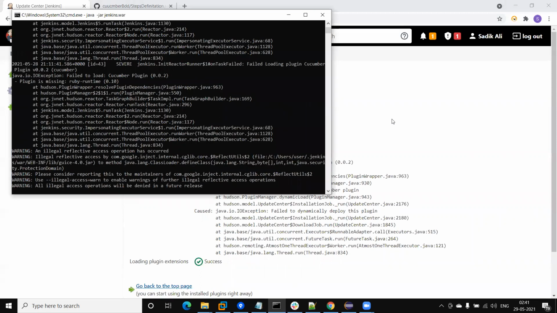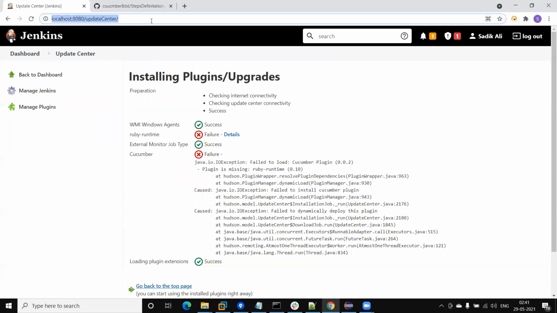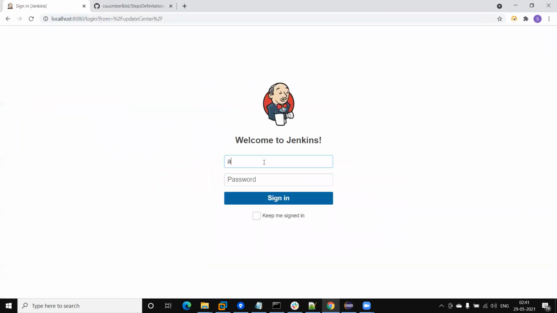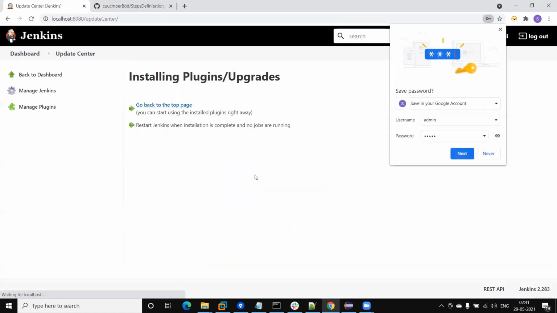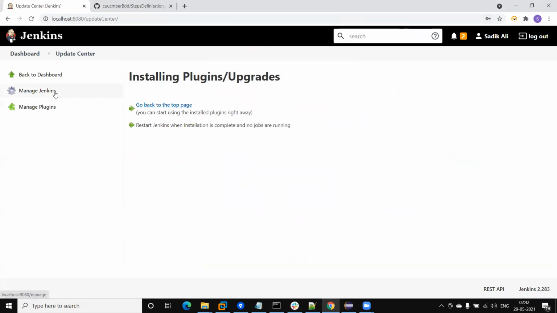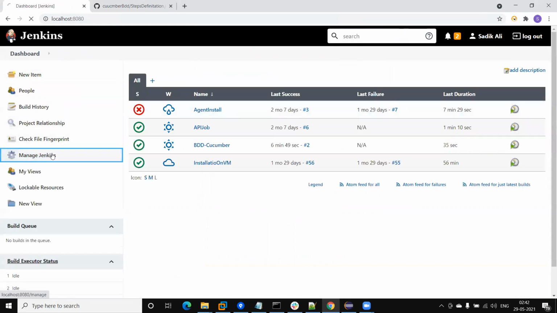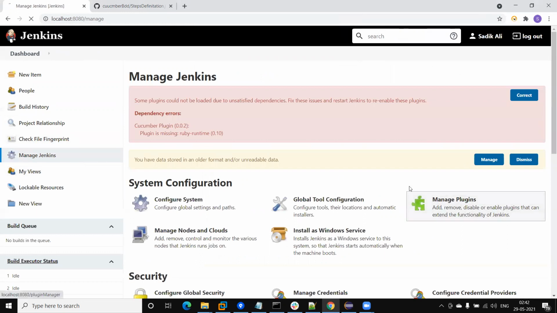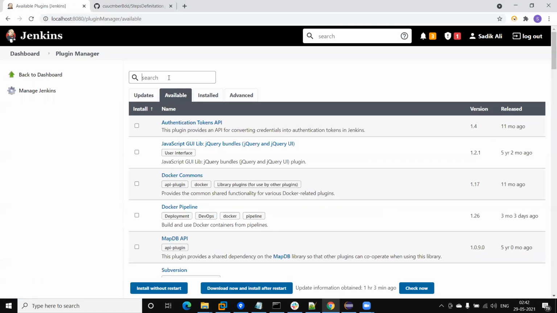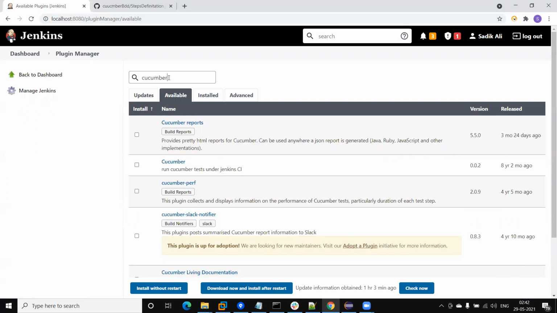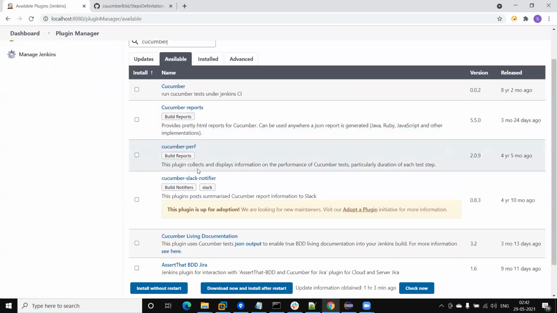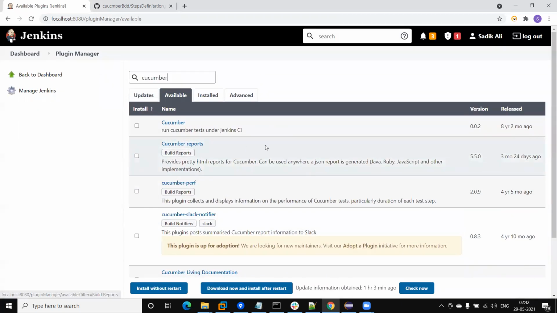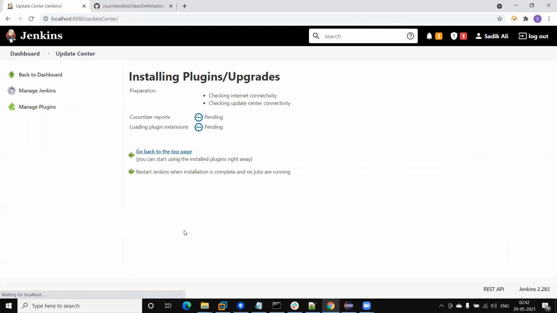Failed to load Cucumber report. Yeah, this is the Cucumber report, and then select this, install this.